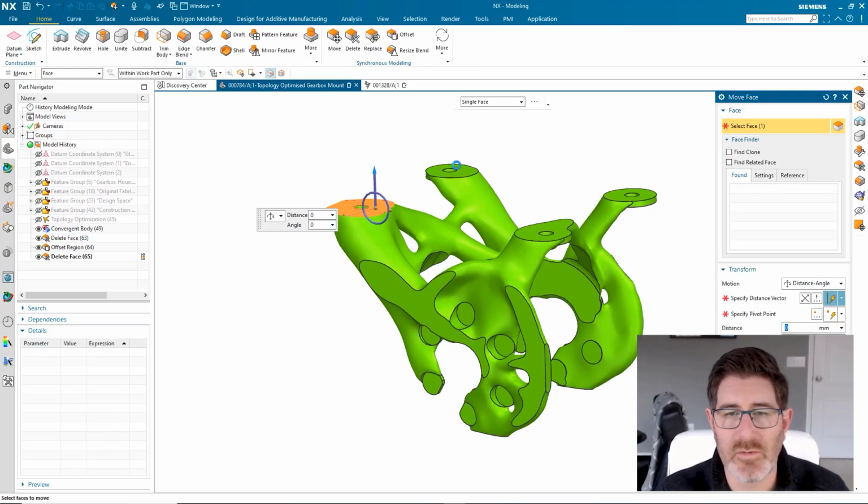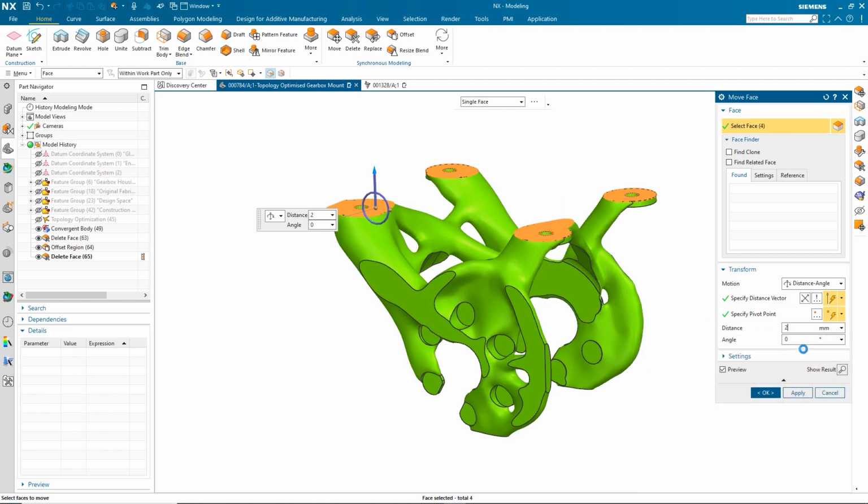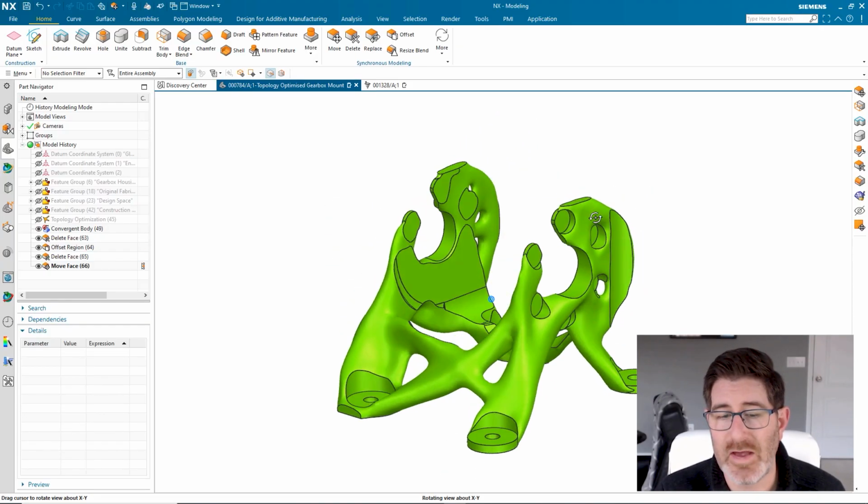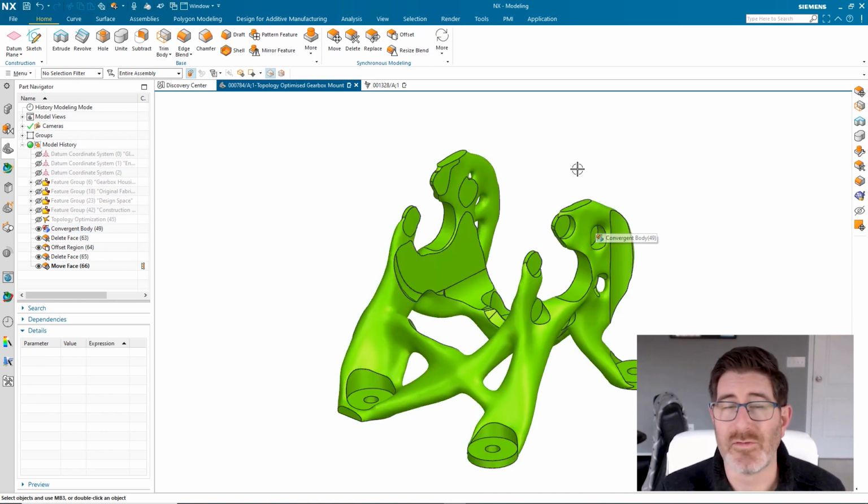And I'm just going to pick each one of these faces here, and I'm going to move them up by about 2 mils to give us enough material to machine away. Hit OK, and again, this is all done. What has it taken me? 2 minutes maybe to make all of these edits. If you were doing this with a system where you had to just edit the facets, you would not be doing this in 2 minutes. This would be a project.